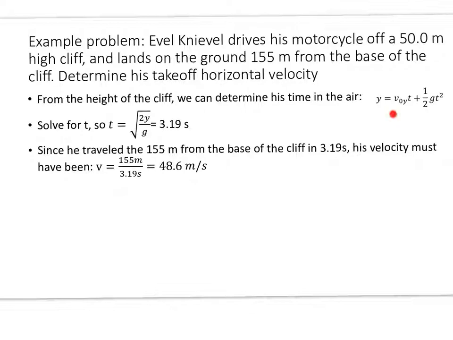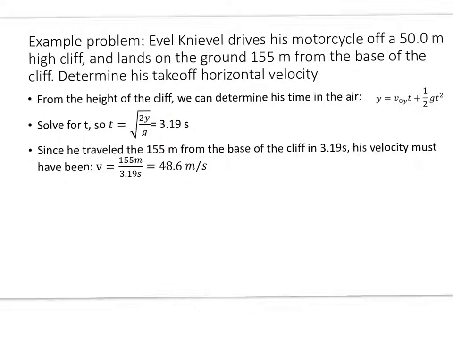Now, the initial component in the y direction, that's the vertical component, is 0. He's got a horizontal component, but the initial velocity in the y direction is 0. So we have y is just equal to 1/2 g t squared. We solve for t, which is the square root of 2y over g, and we compute t to be 3.19